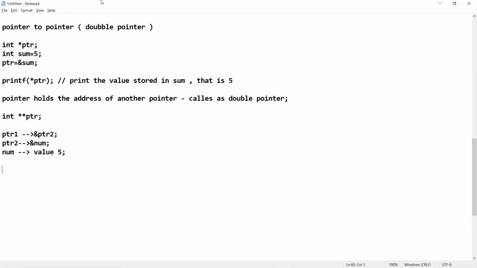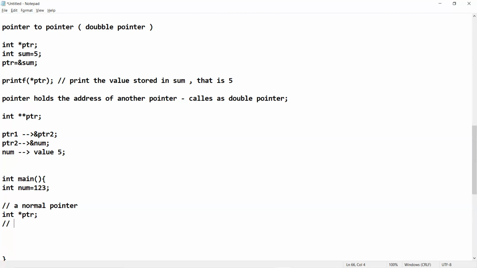So let's write a very simple program. int main. Here int number = 143. And now a normal pointer, int *ptr2.